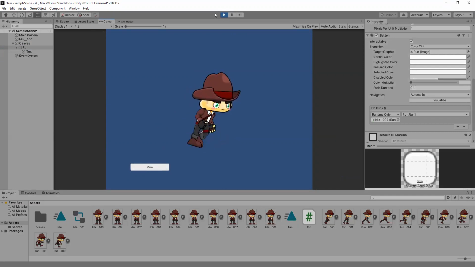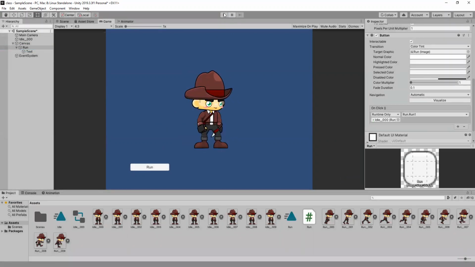Done. Once you click on the run button, it's running. Now, if you want to press some button and it will stop running, then we need to code another button, which will create stop running. Probably it will have idle. Shall I show you?